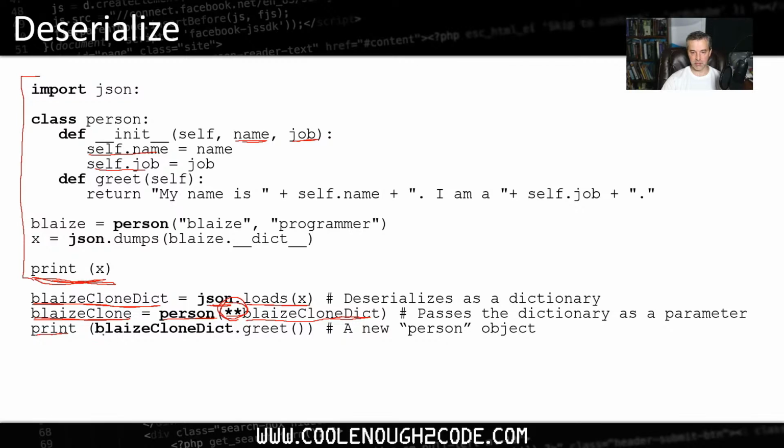And then once I have that completed, I can then do a method call from my new object here, my Blaze clone object. This would actually crash right here, so that's actually not going to work. I would have to say Blaze clone greet. Now, if I was to create